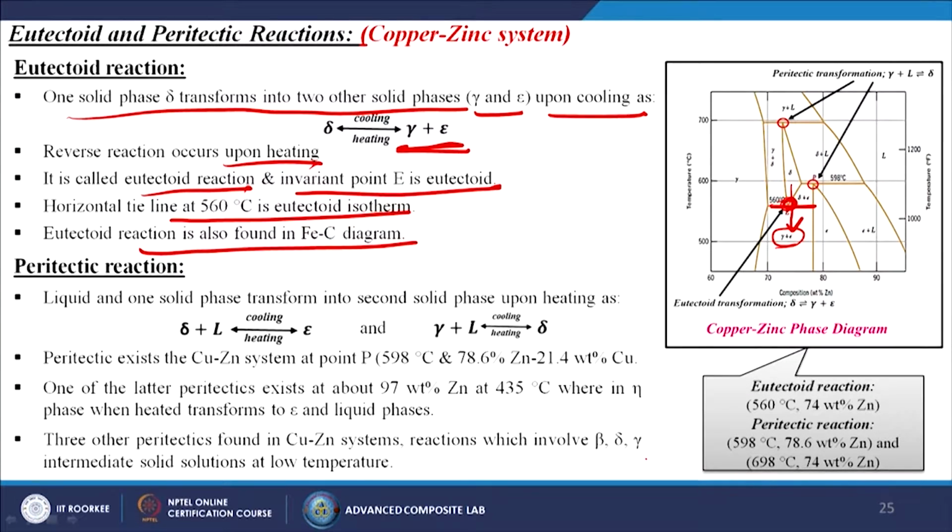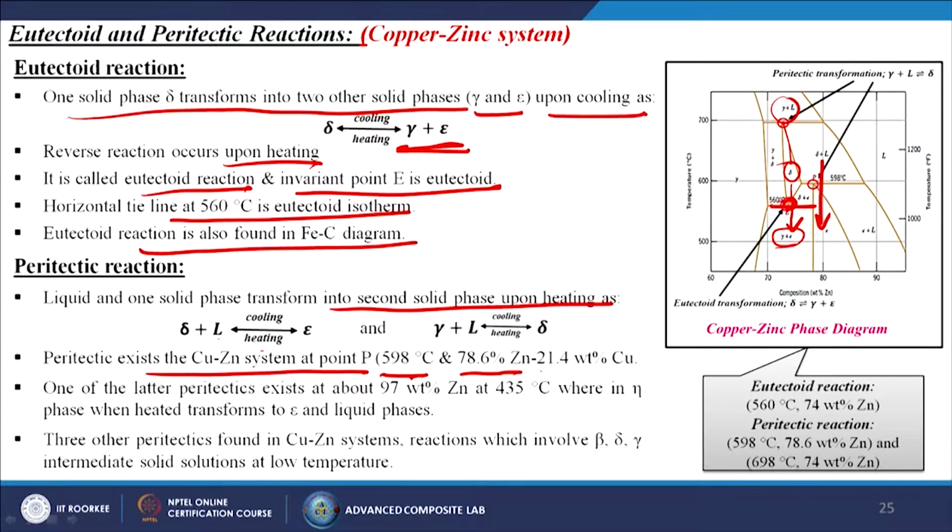When talking about peritectic reactions, liquid and one solid phase transform into a second solid phase upon heating: delta plus L, on cooling or heating, changes into epsilon. If you see this particular point, the delta plus L region is changing to epsilon. From here to here, gamma plus L is changing into delta. A peritectic exists in the copper zinc system at point P, that is 598 degree centigrade and